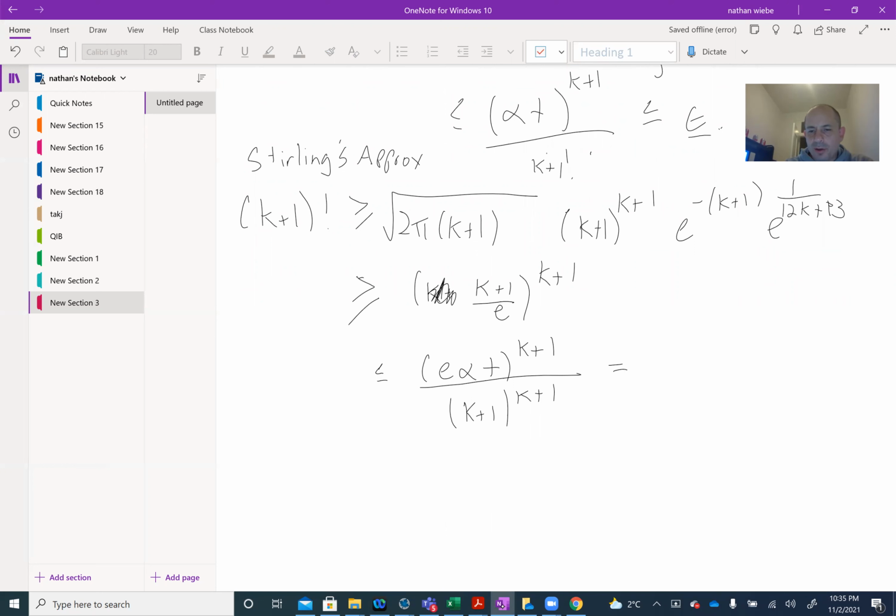We want to figure out what value of k will set this equal to epsilon. The solution that we get by plugging this into Mathematica is that k